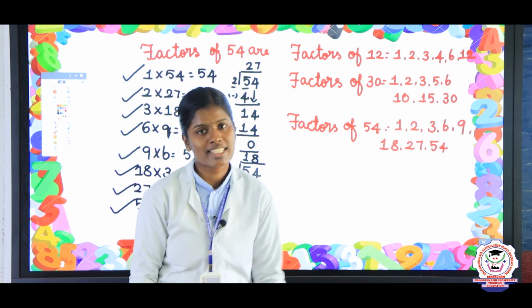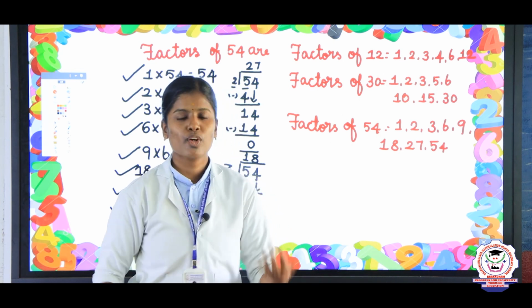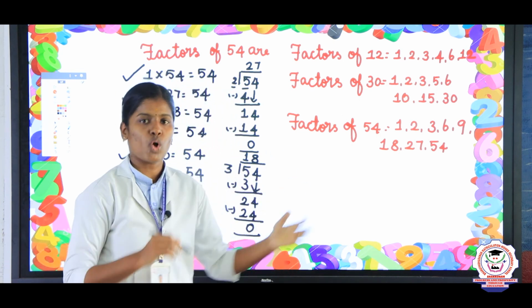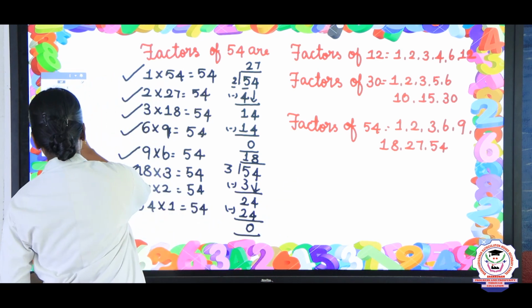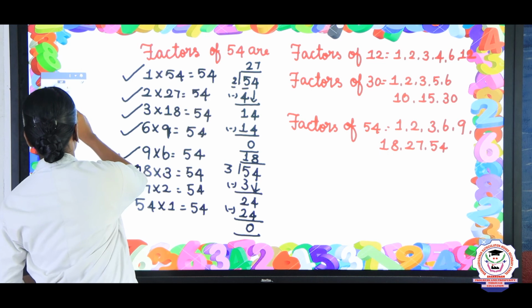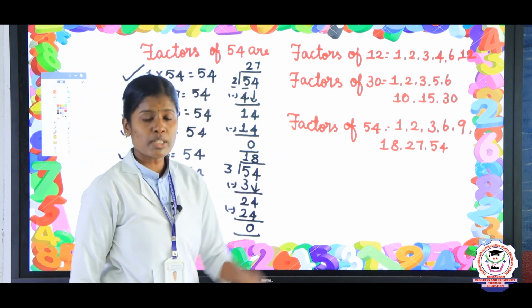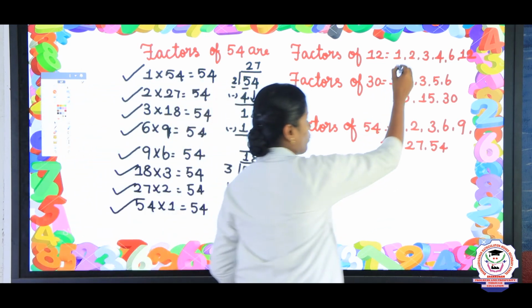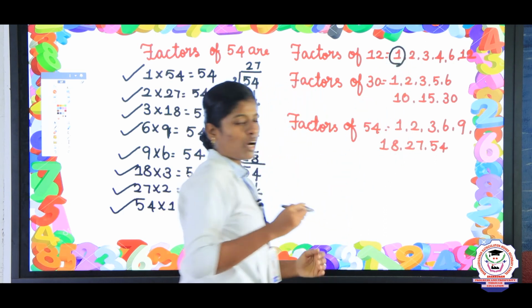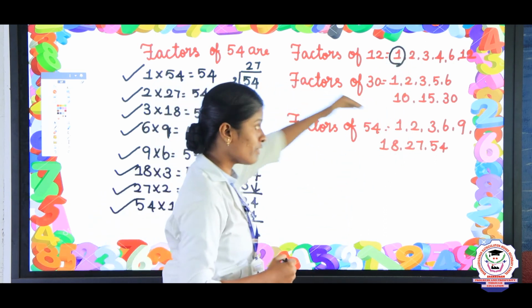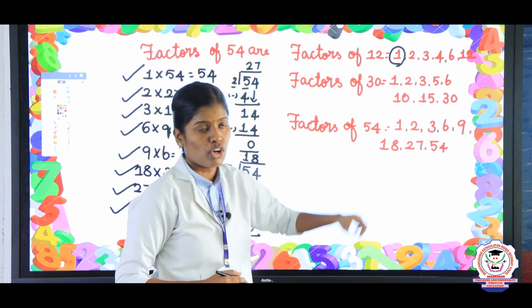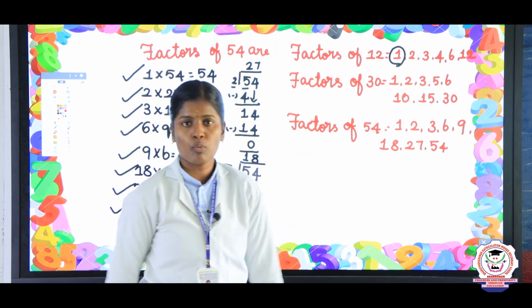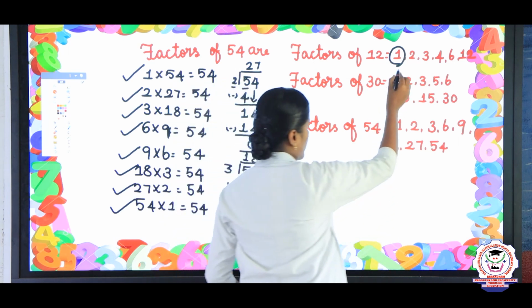So what is our next step? Next step is going to find the common numbers, that is called as common factors. So listen here. Compare all the numbers, which one is a common number? We have 1 is there. When you find a common number, it should be there in all 3 factors, 12, 30 and then 54. So the first number is 1, 1, 1. So write 1, 1, 1.